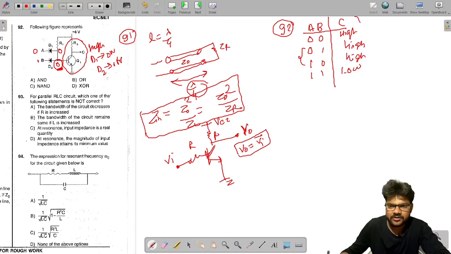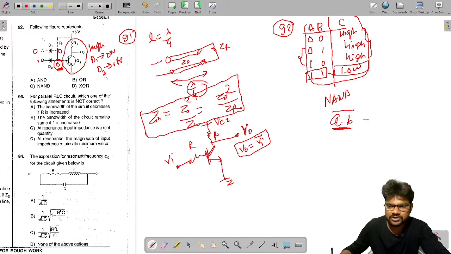Now what kind of gate will it be? When both the inputs are high, then we will get low, otherwise we will get high. So this is the characteristic of a NAND gate, right. NAND gate is (A dot B) bar. If you give both the inputs high, then only you will get low. If both are 1, 1 complement equals 0, then only you will get low, otherwise you will get high. You can check it out. So the correct option we will have is C.